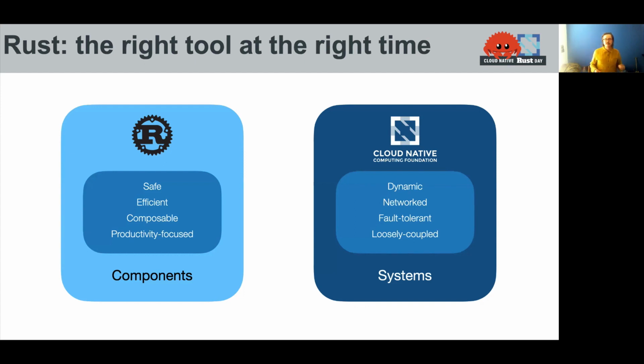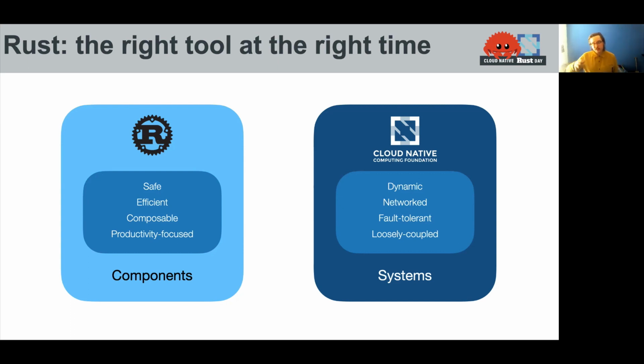And so why is Rust going to happen now? What about this moment? Why is Rust so appealing to us at this point in time? Well, Rust gives us a bunch of primitives to build components. It's a programming language which focuses on safety, efficiency, and composability, and really on making developers productive. As an engineer, I can write a data plane proxy, a microservice proxy, and I can do that with high confidence that it's not going to have memory leaks or memory safety issues, and that it will do the job well.